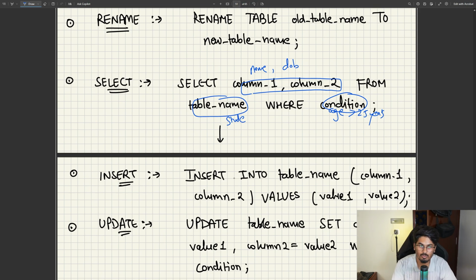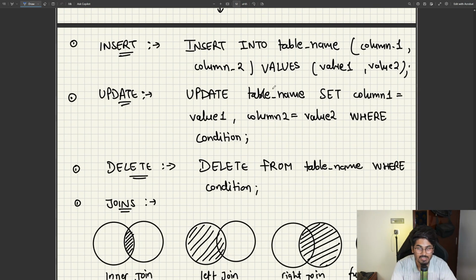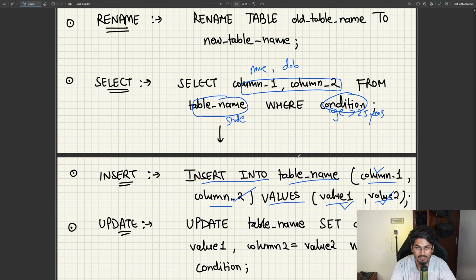So this is how you query a table. Then insert: whenever you want to insert a record into a table, it will be insert into table name, whatever columns we want to insert, values, and all the values of those columns. Like column 1 will have value 1, column 2 will have value 2. If there is a column 3 also and you don't give any value for column 3, then the column 3 default